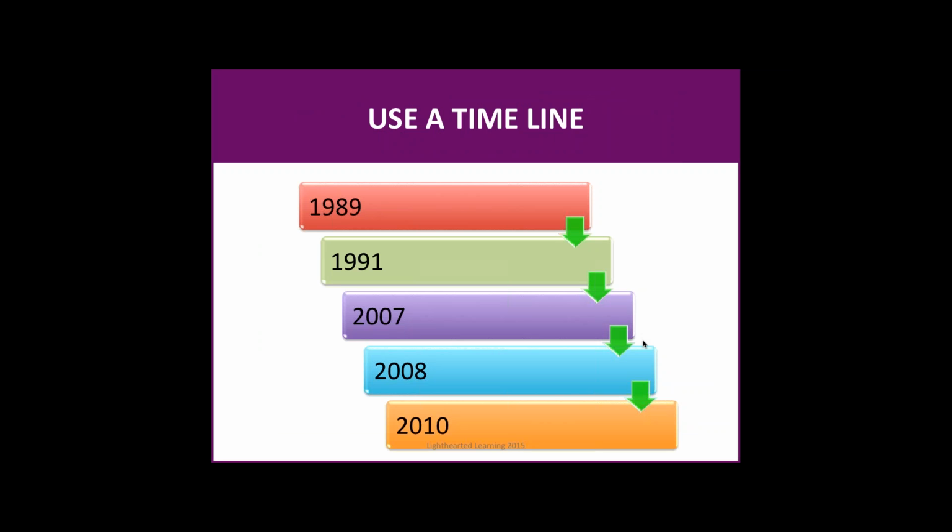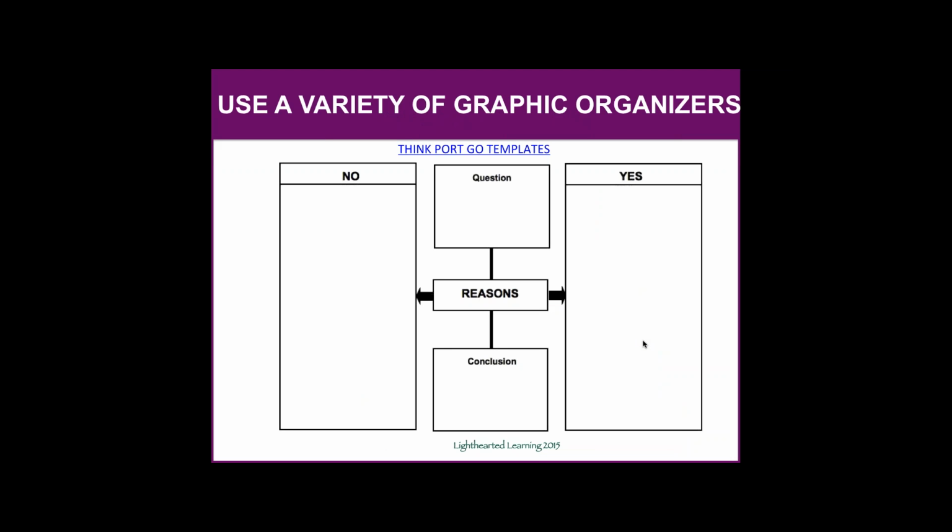And certainly with some of our learners' backgrounds, if they are writers, they have maybe written in a more circuitous style, and so it would be good for them to be able to analyze their own writing in this way. And it doesn't have to be a timeline per se, it can be sequential, first, second, third. The bottom line is you want to use a variety of graphic organizers. This is what, at the beginning level through the advanced level, will help learners begin to plan their writing. And we know from the evidence that when learners plan the writing, the drafting is easier.